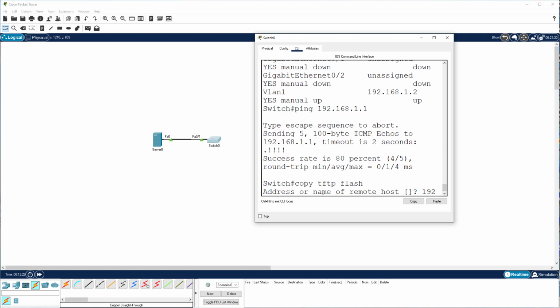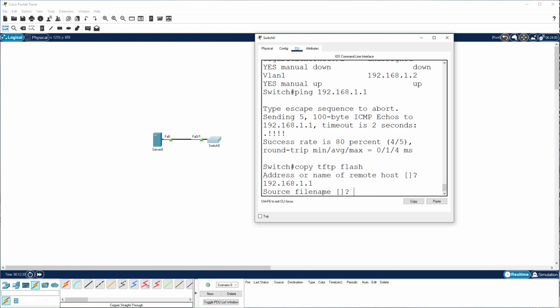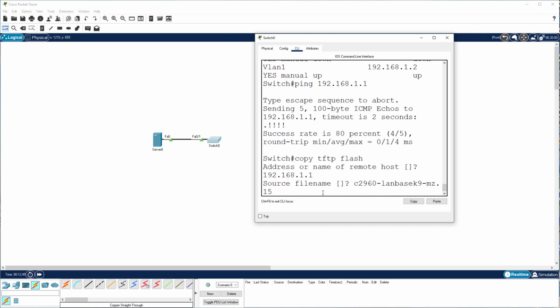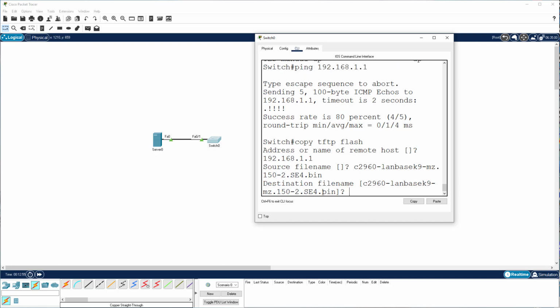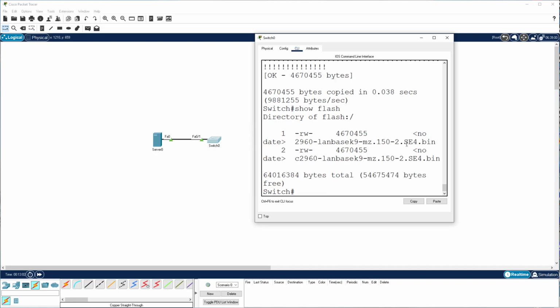The IP address is 192.168.1.1, and then the file name is c2960-lanbasek9-mz.150-2.SE4.bin. Now obviously I have this written down, and I want to leave it the same file name, and then boom, it copies over. So now if I do a show flash, I see both the files over here, and